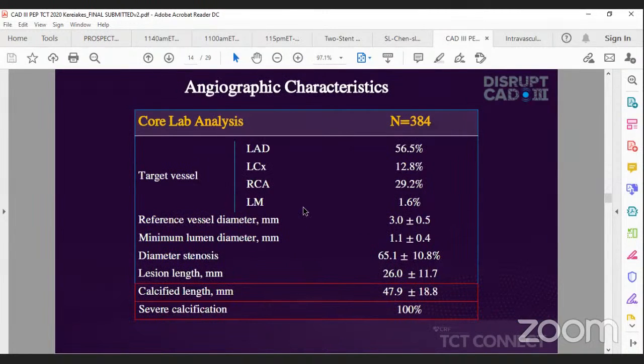Angiographic characteristics, as you saw here, the LAD was more than half of the vessel. Left main was only 1%, nearly 1 or 2 patients only, with the reference diameter of less than 4 millimeters. Next was the RCA, 30%, and finally was the LCX. The reference vessel diameter was between 2.5 and 3.5, and the minimal lumen area was actually very small, 1.1. Diameter stenosis